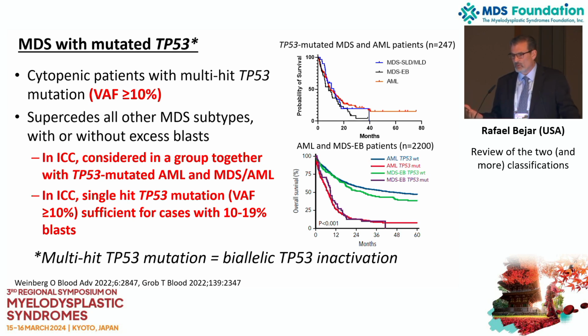Of course, if you have a VAF greater than 50%, you can infer that mutation's biallelic. If you have two distinct mutations with intermediate VAFs, you can assume that those are likely independent events. They're not in cis, and they're biallelic inactivation. If you have abnormalities of chromosome 17p, then you can make that assumption as well, but it's often hard to tell. And there are emerging data now that even in patients who have low VAF TP53 mutations, single-cell work could even identify that some of these are biallelic, and those patients do have an inferior prognosis.